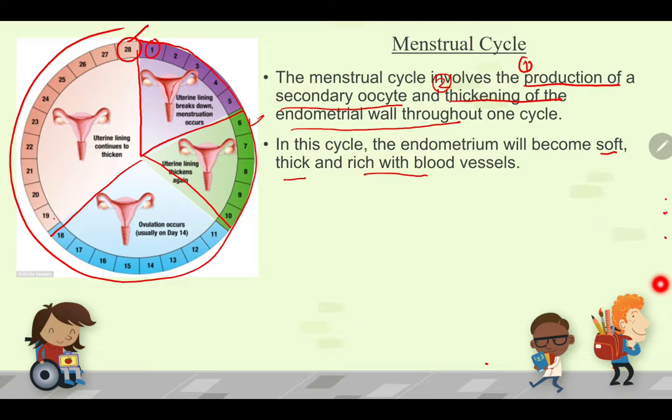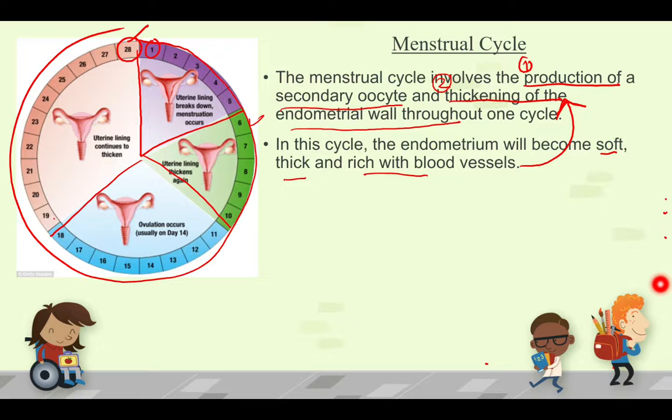This point is the detail explaining what happens during number 2 here. So when I say the endometrium becomes thickened, or the thickness of the endometrium wall increases, it implies that the endometrium wall becomes soft, thick, and rich